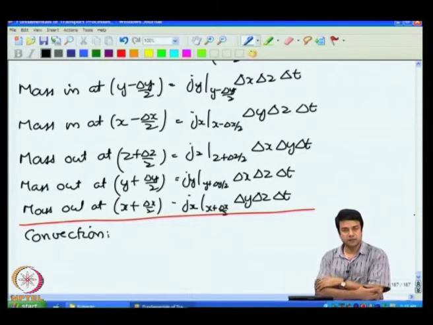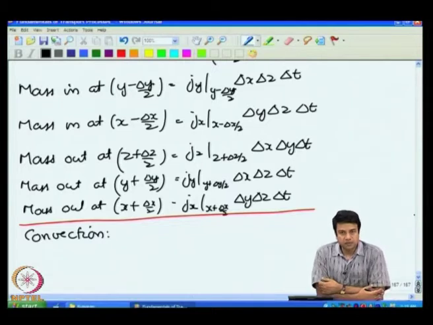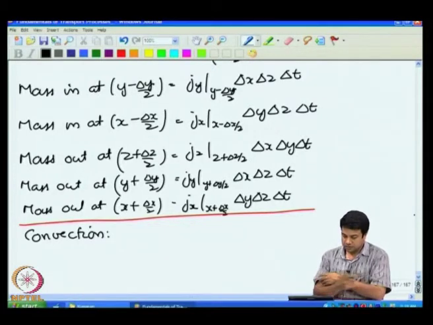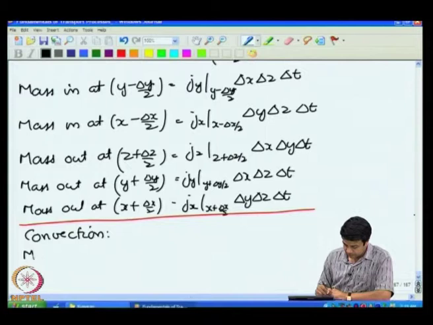The mass in due to convection is just equal to the concentration times the velocity. Concentration times the velocity is the mass coming in per unit area per unit time. Concentration is mass per unit volume, velocity is distance travelled per unit time. So, concentration times velocity is the mass in per unit area per unit time. So, therefore, the mass in,